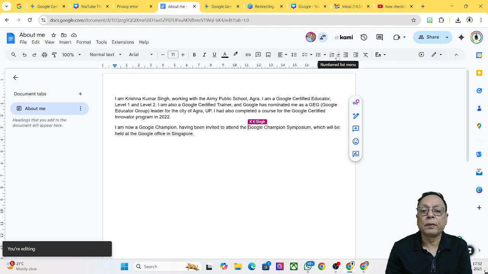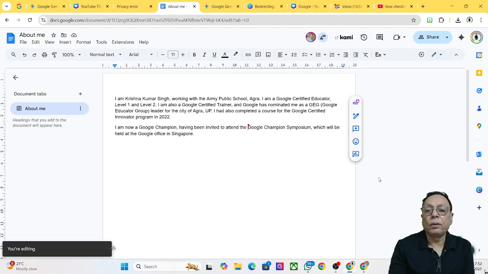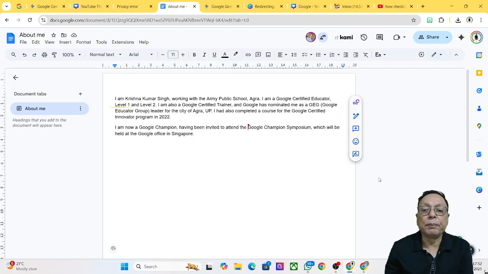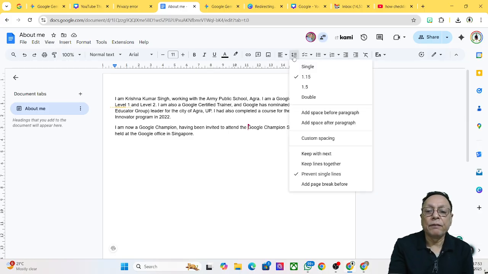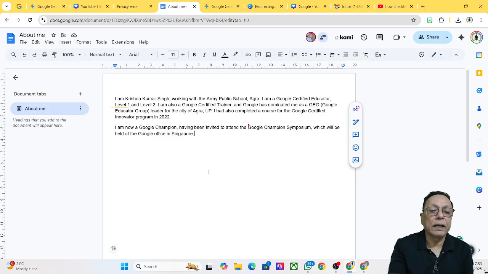Now editing. All right. Now I'm going to give some space. This is a paragraph, and this is also a paragraph. Here this is one paragraph, and this is another paragraph. And if I want to give some space or decrease the space within the paragraph, I can use this line and paragraph spacing. So if I click, if I write add before paragraph, and suppose I excuse this paragraph, I mean,